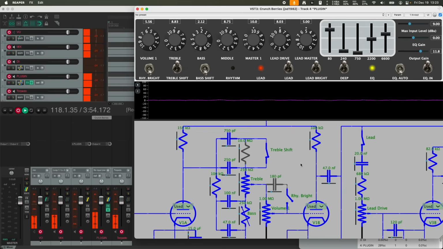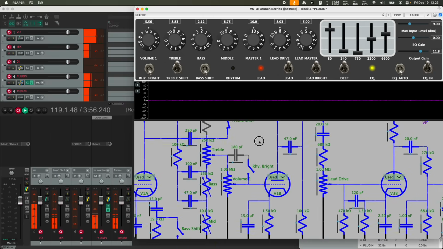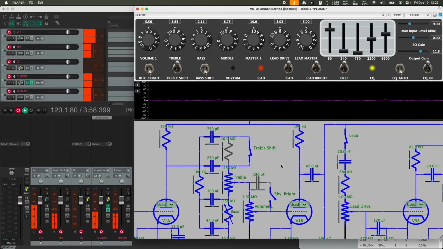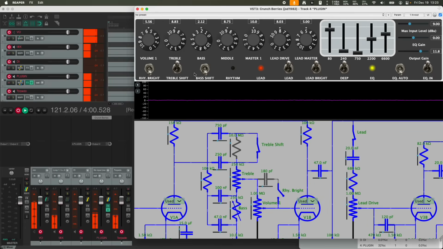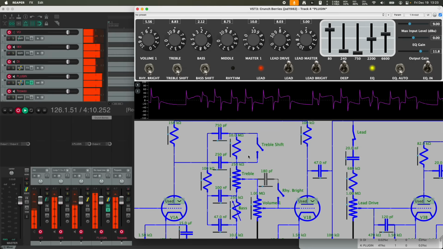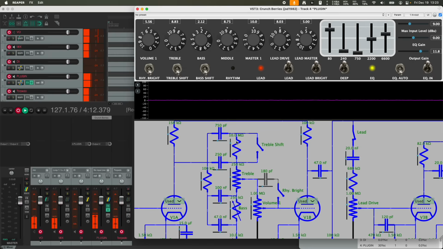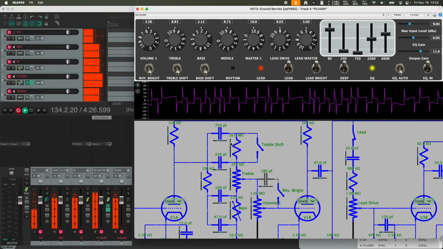Right? Regardless, we can tweak some more significant things. So let's turn off the treble shift, for instance. You can see that little switch just opened up. This is literally simulating the switches. But now we have a different sound, and this resistor is now active, since it's not being shorted anymore around that closed switch. If I go ahead and play another chord, and I play with this resistor value,